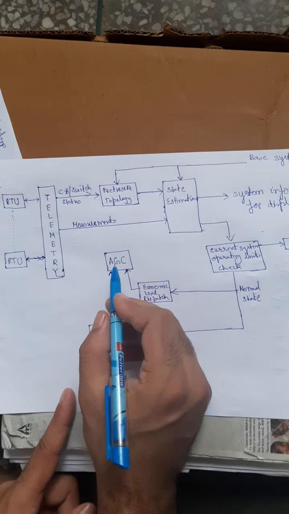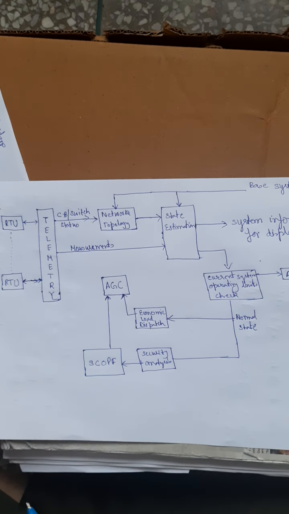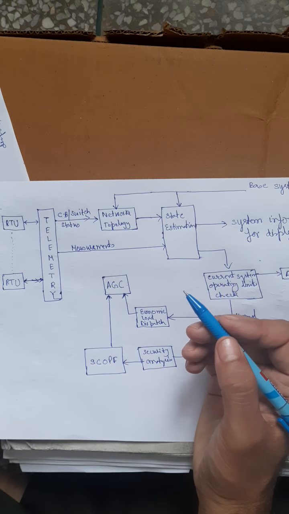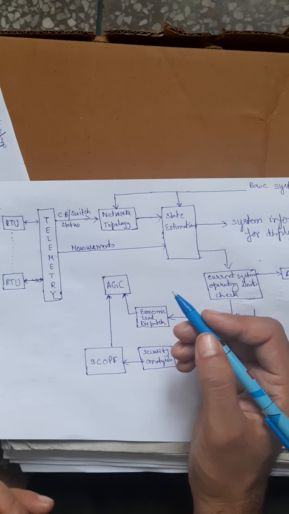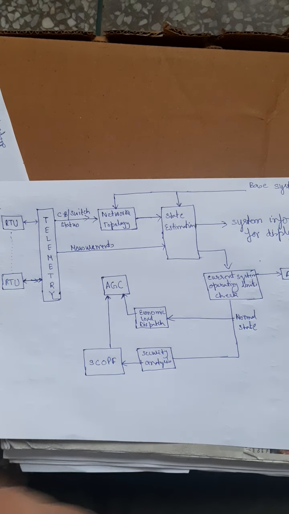security constrained optimal power flow program. AGC is also called economic load dispatch control or load frequency control. It senses if there is any change in the frequency or tie line power flow, meaning P, the power flowing in the transmission line or the tie line. Based on that, it will take the control action. It will increase or decrease its generation.